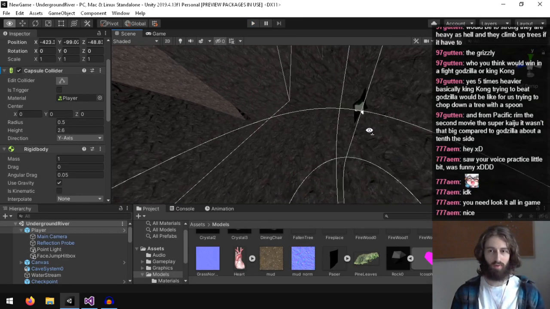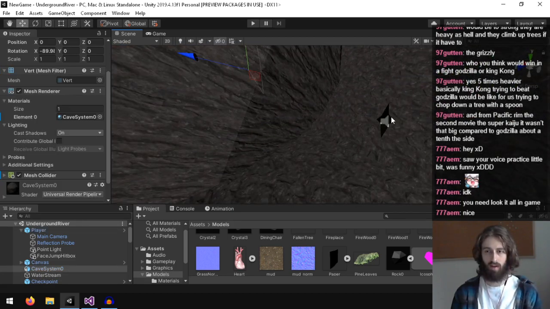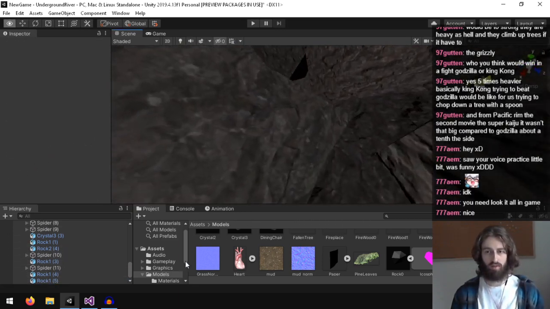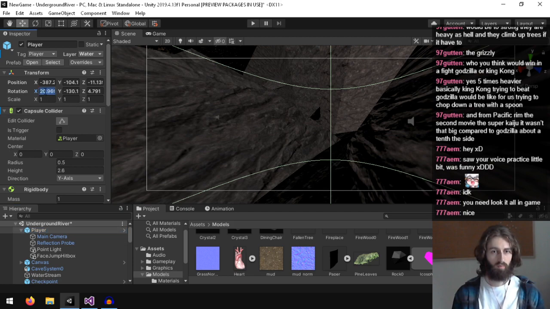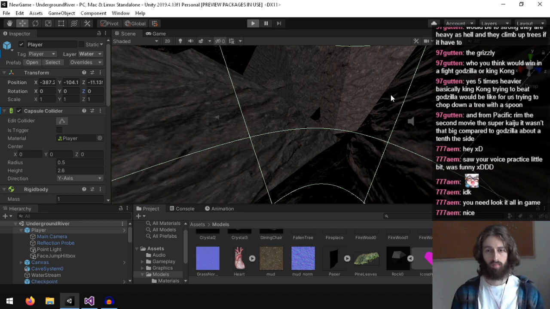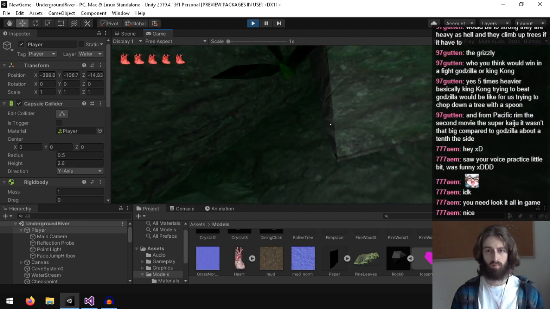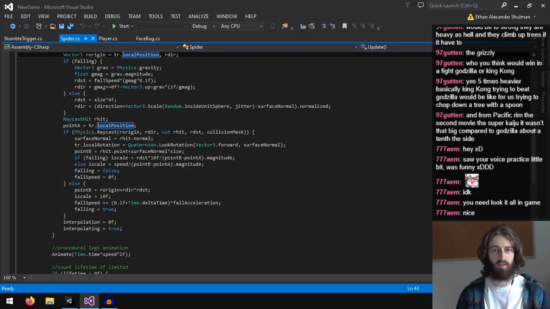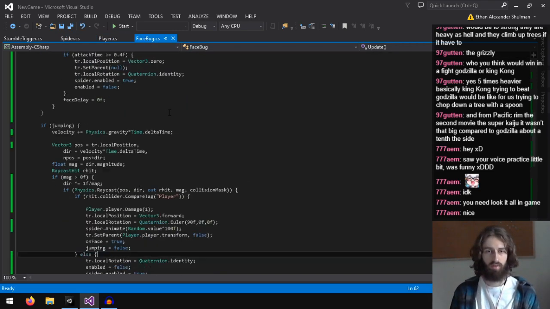Oh, it goes right through the hole. Well, shit. Alright, anyways, I think I know what is broken now. So I think we can test this just with these ones right here. So right there, we just saw it happen. Just glitched through the ground. I don't think it's anything here.